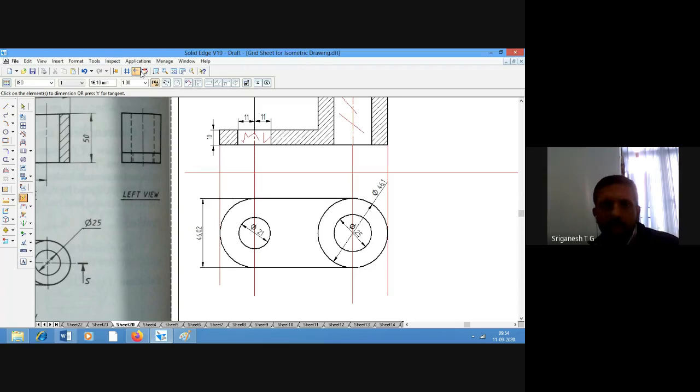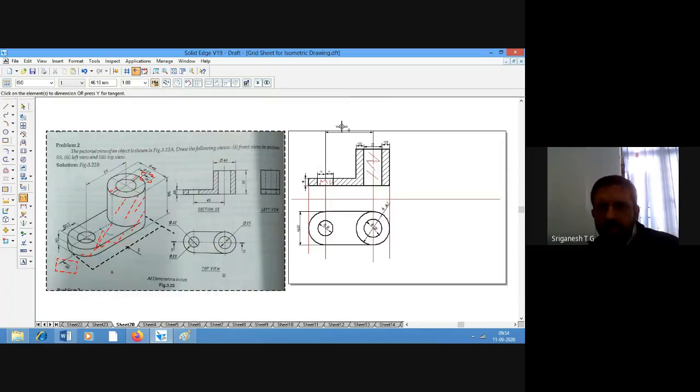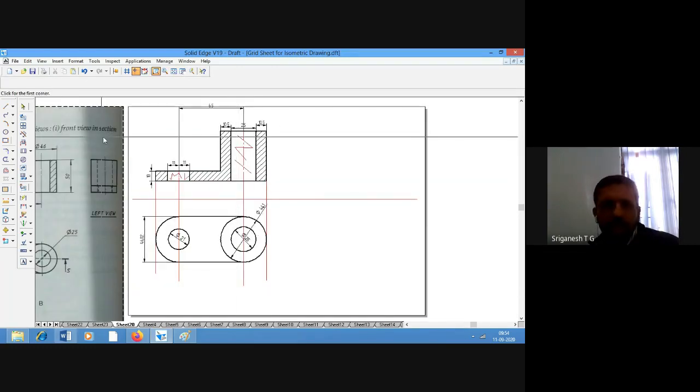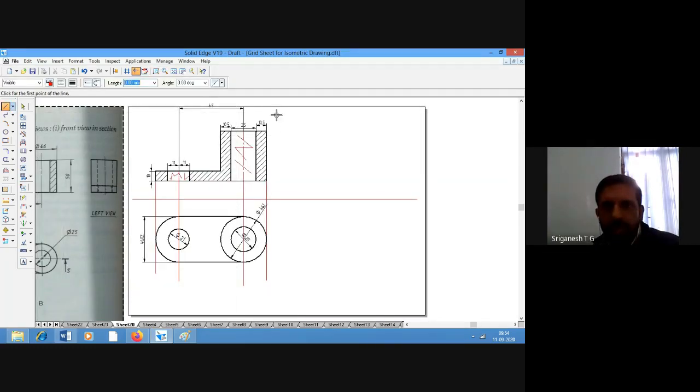And now similarly, they've asked for the side view that we have to draw.